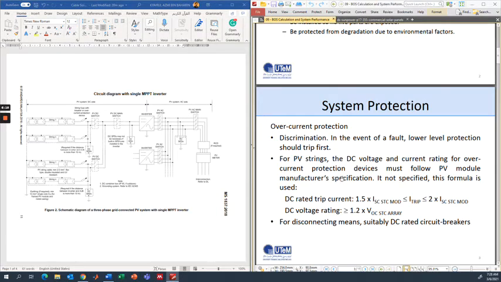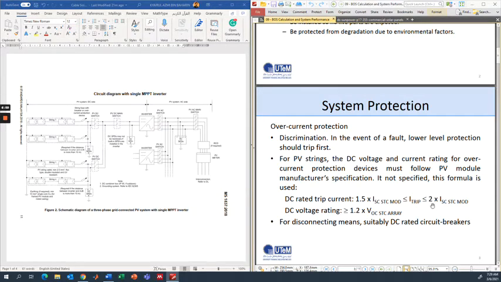Okay. For PV strings, again mentioned here, the DC voltage and current rating must follow PV module manufacturer's specification. Okay, we need to check the installation manual, PV installation manual. If not specified, this formula will be used. For DC rated trip current, the trip current must be between 1.5 to 2, in between, or the same.